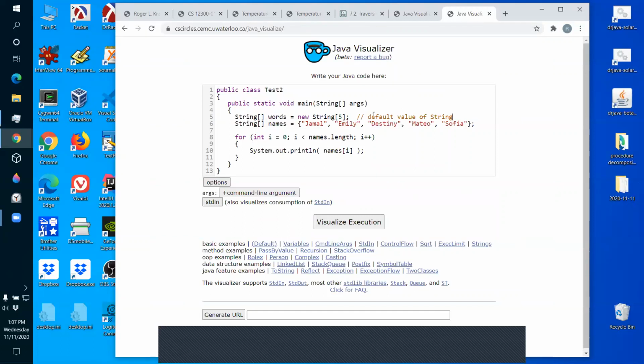The default value of string, we'll see in a minute what it is. There's 2 possibilities. It could be an empty string, or it could be this word null that we've seen a few times. The answer is null. It turns out that it's not the empty string. The default value for a string is the word null. So let's visualize this one.